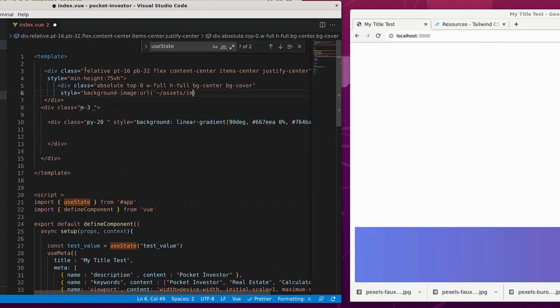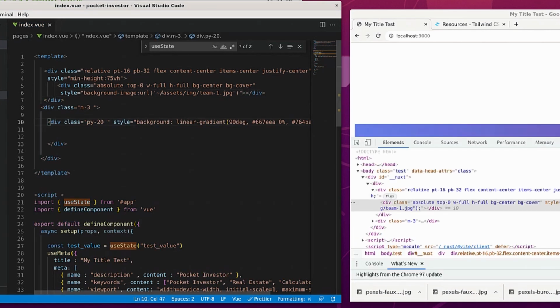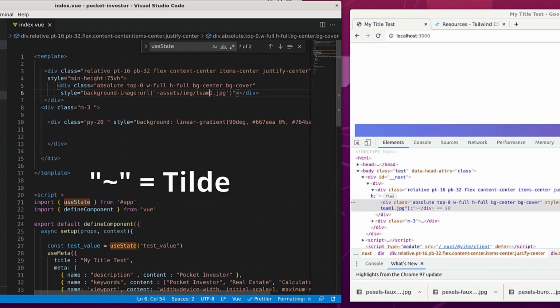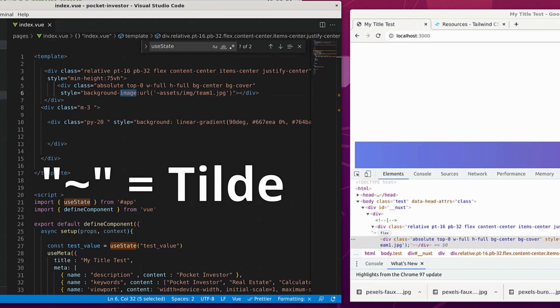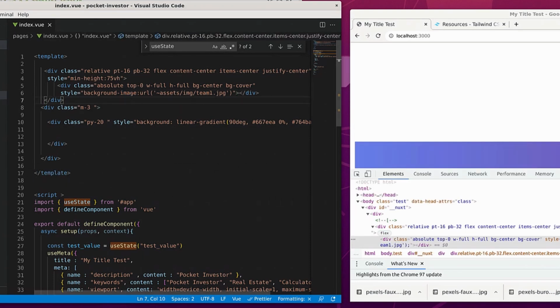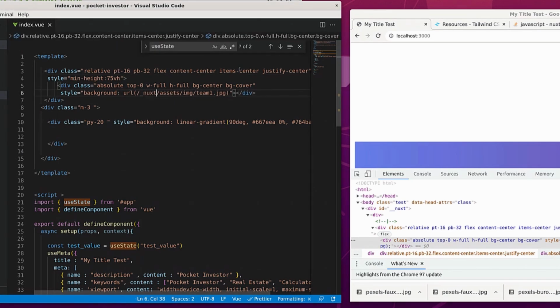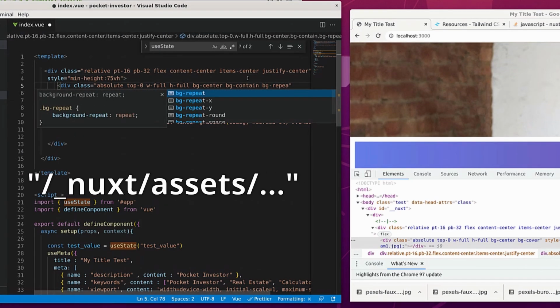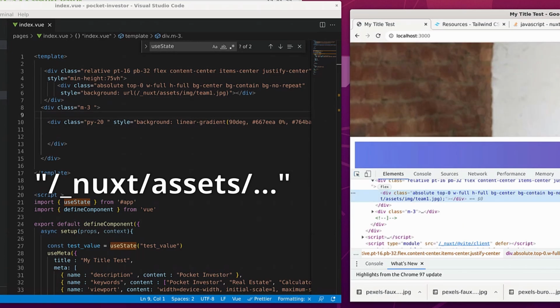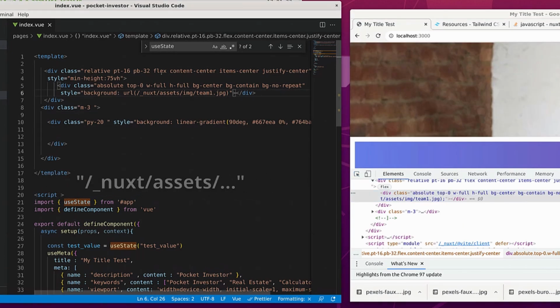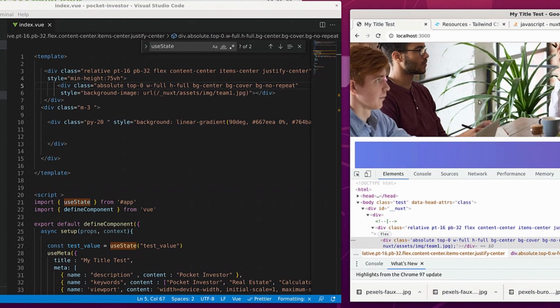Here's where I ran into a kind of tough time. According to Nuxt's instructions, to display an image or reference an image within your CSS, you use a tilde sign followed immediately by assets, but that did not work at all. Instead, what I needed to do is use /_nuxt/assets/images to be able to get this image to actually display in the background. It took me a long time to figure that out, and then I was able to proceed